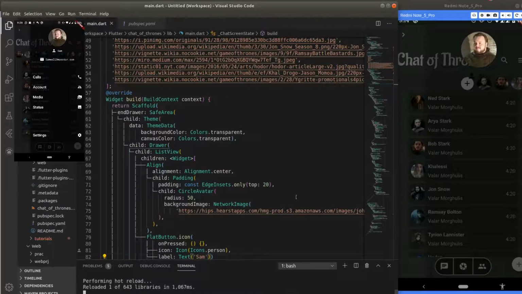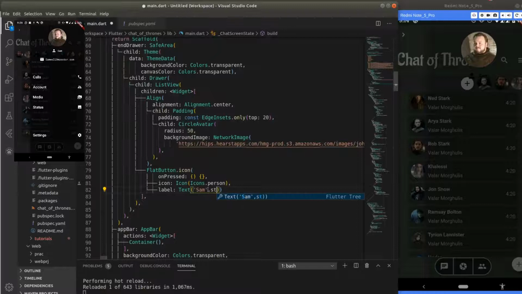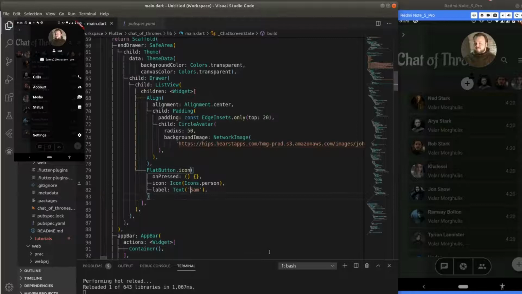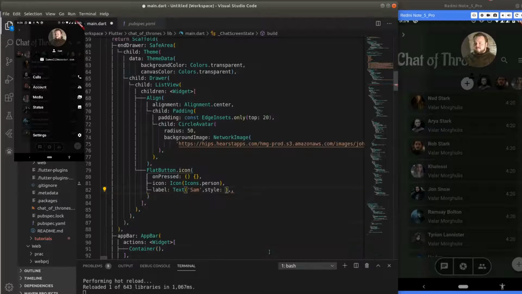Let's reload it, and yeah, we have got it over here, but the thing is that it's in black color, so we are not able to see it. So let's give some styling to this thing. Not over here, over here. What's happening, bro? Please work. So text and style, and style is gonna be, let's say that